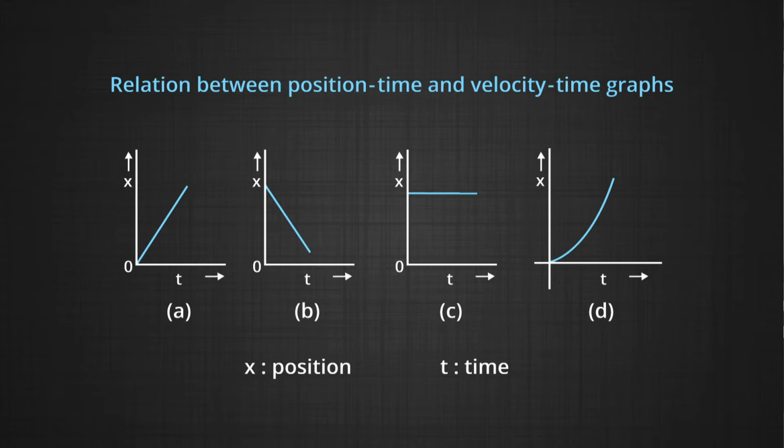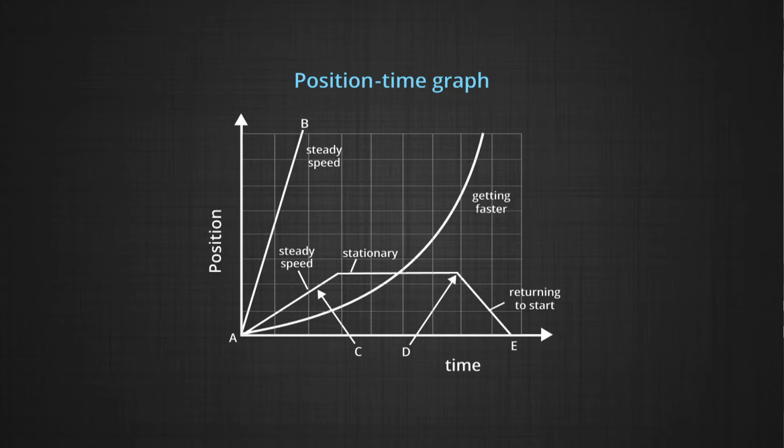There is A, in which there is a straight line going up. In B, there is a line which is going down, or has a negative slope, and C, interestingly, is a line parallel to the x axis, and graph D shows a curve with the curvature pointing upwards. This picture shows so many lines. AB is a straight line, then there is a curve, and there is yet another line which is broken in parts but is made up of straight lines.